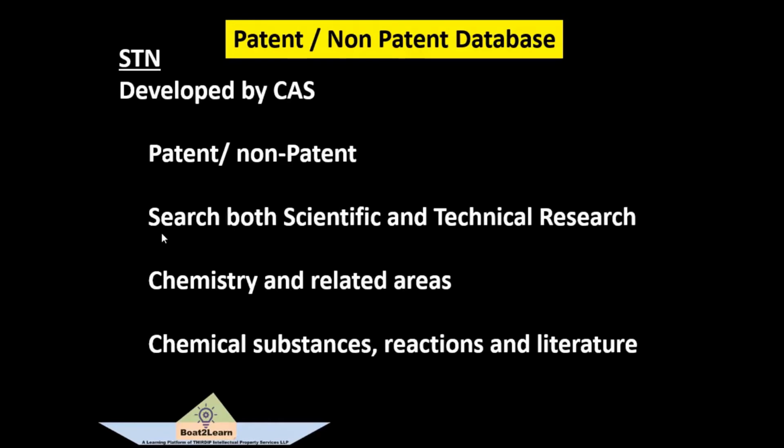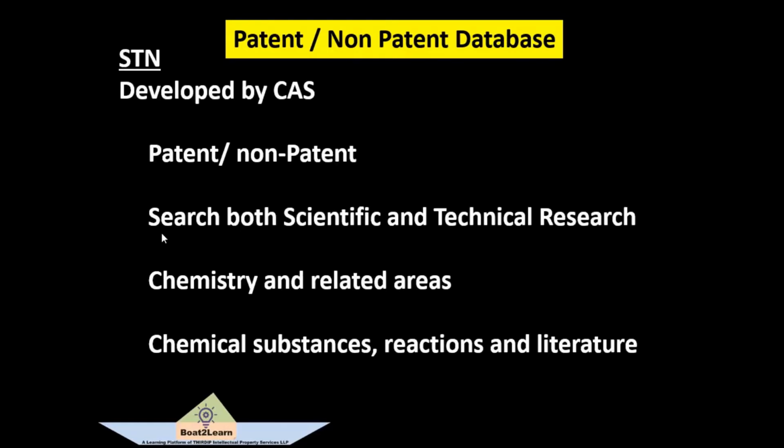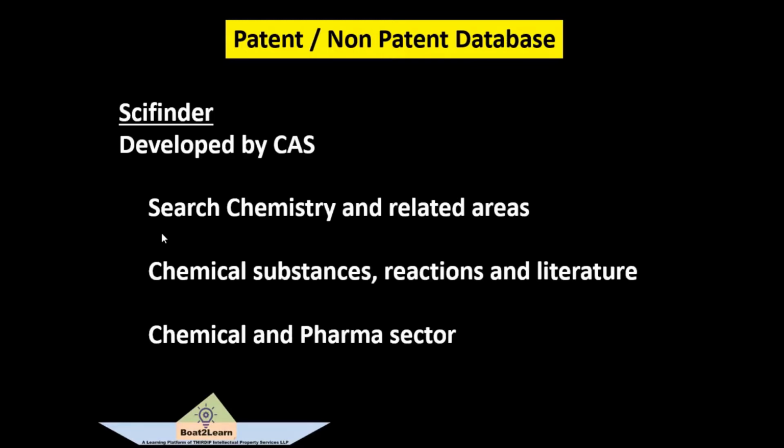You can even search for reactions and then chemicals and like that. Then another interface of CAS is SciFinder. It is dedicated to chemistry, and some biology and biotechnology records are also available in that. So here also we can look for chemical reactions, literatures, and then in chemical, pharma, biotech, we can search all the